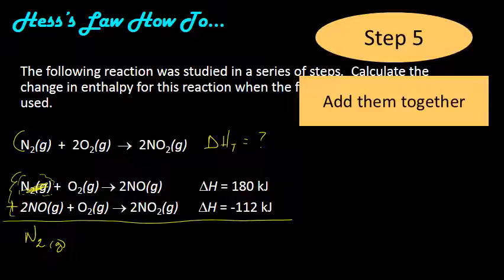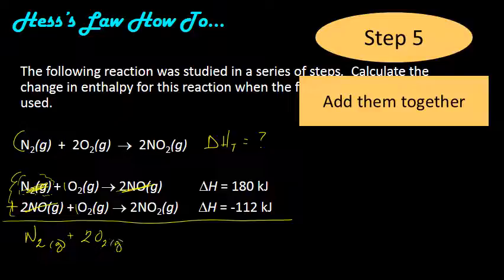2NO, does that appear anyplace else? It does. It's over here on the product side. So 2 NOs minus 2 NOs, because they're on opposite sides of the arrow, cancel out. Go away. Add up to 0. You don't need them anymore. Now, look at this. We have 1 O2 here and 1 O2 there. They're on the same side of the arrows, so they add together. So we end up with